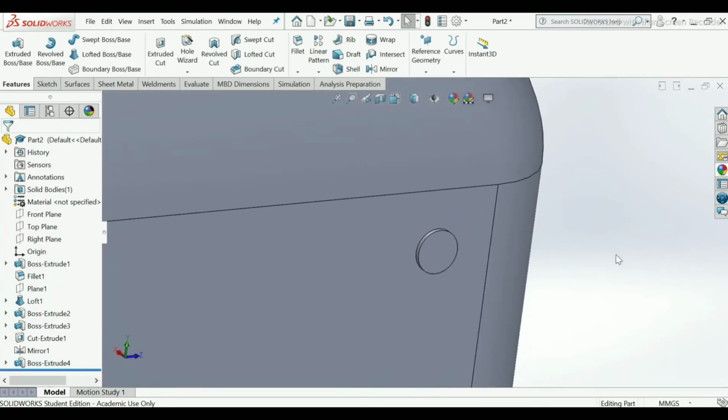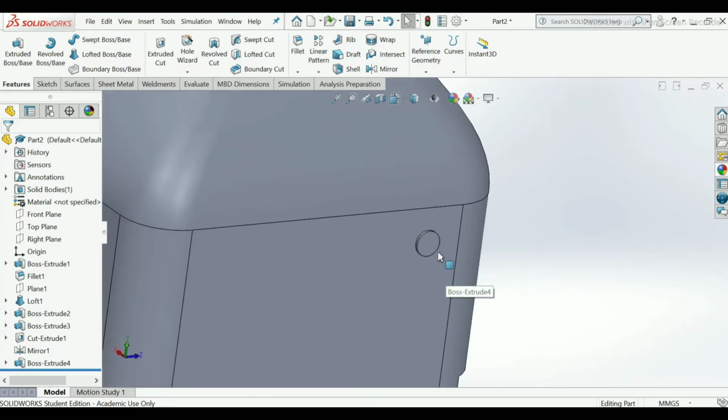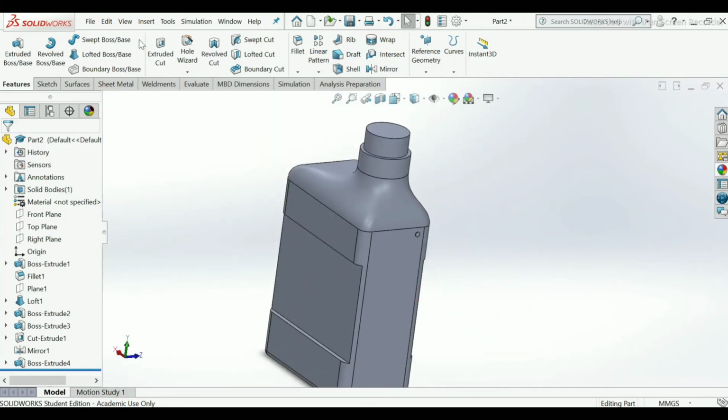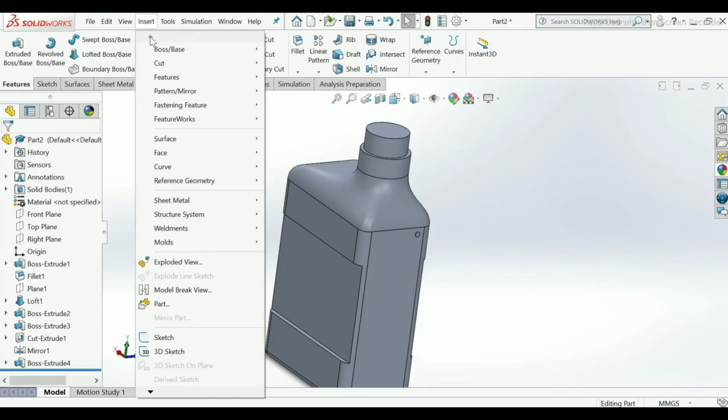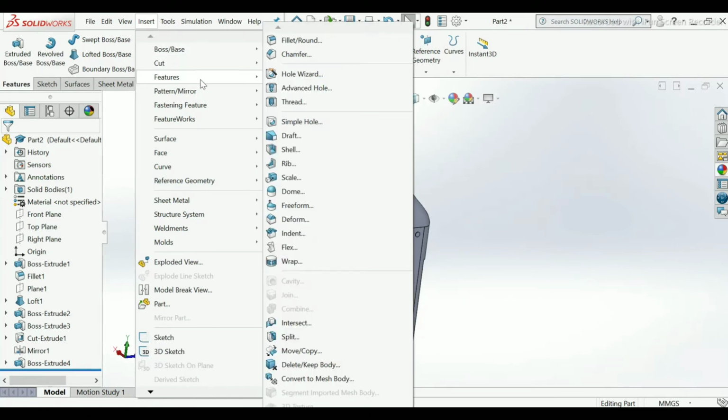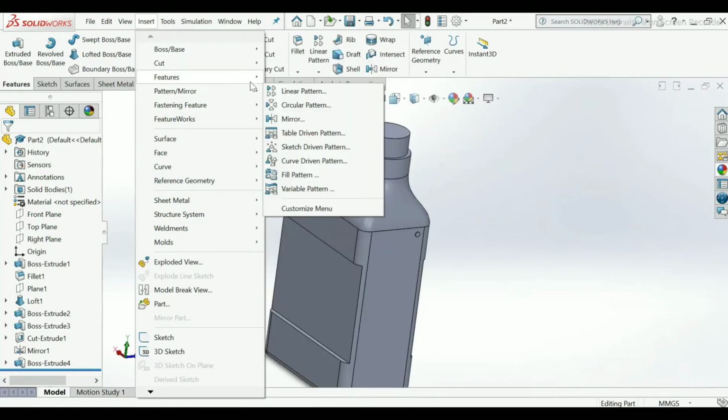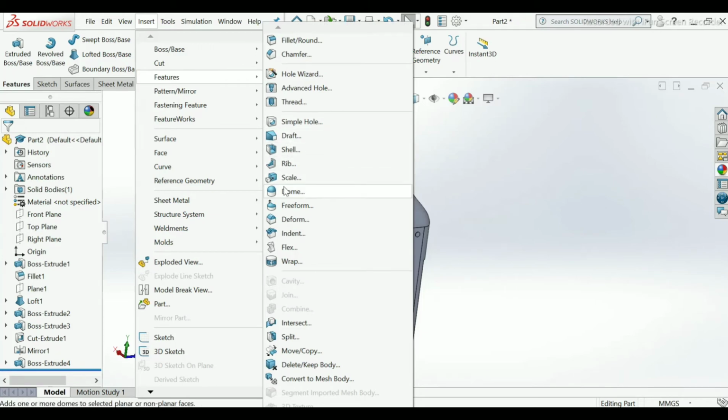Now we have to create a dome here from the front face of this. So for dome I will choose insert, features, select dome.